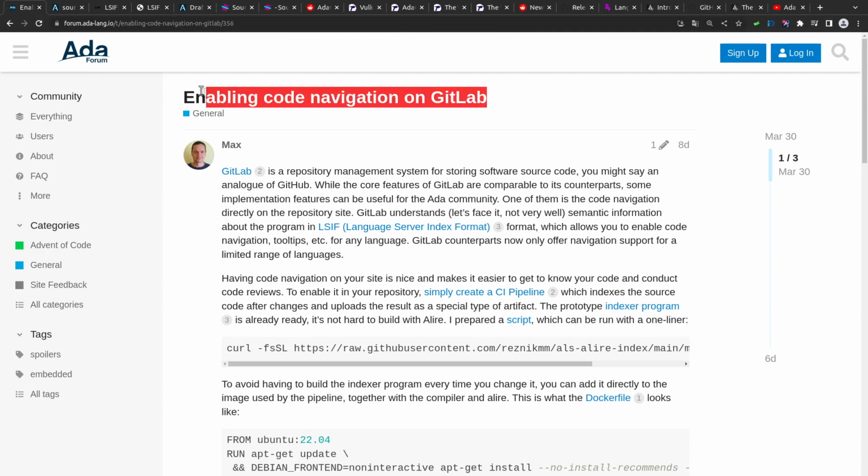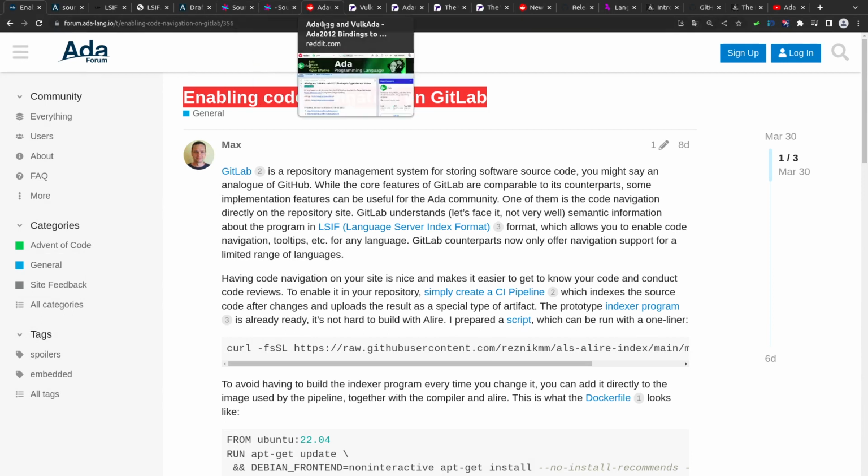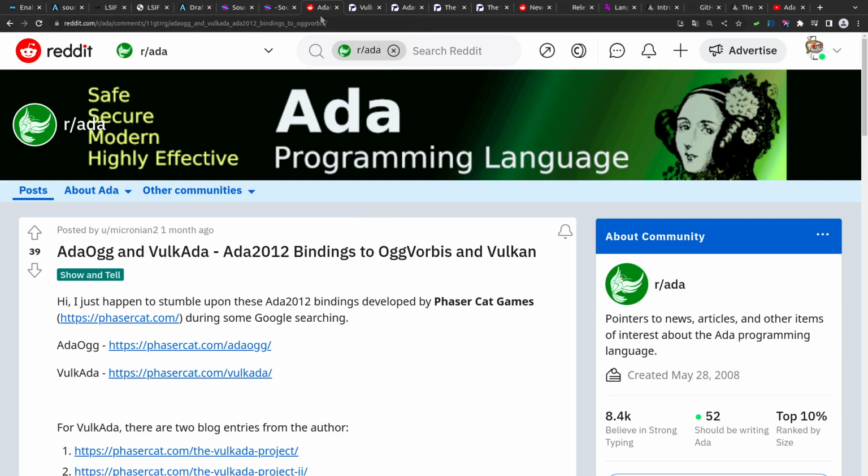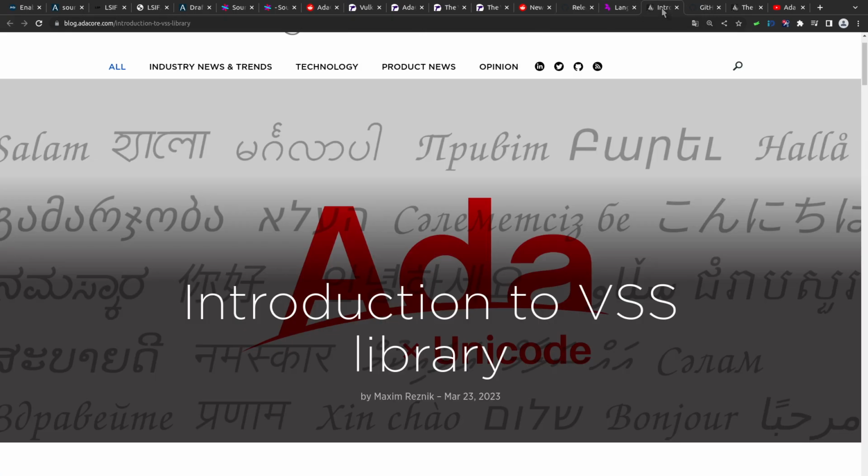Firstly, we have found a way to enable code navigation in GitLab, making it easier for developers to navigate through their codebase. We have also added a new Vulkan API binding for Ada, giving developers more flexibility and power to create high-performance graphics applications. In addition to these updates, we have two informative blog posts that cover important topics in